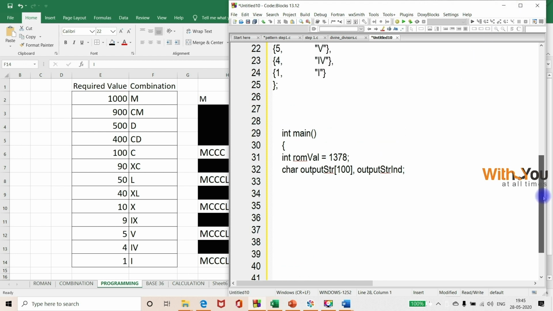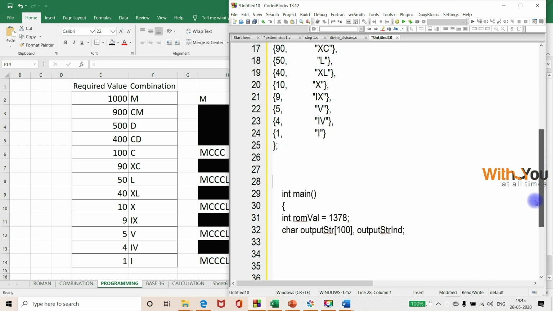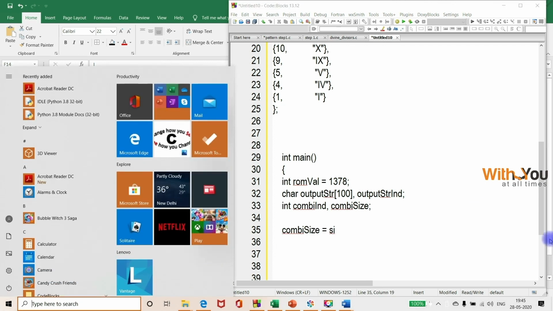So this, we look at it. Okay, on the combination, I have to walk. So let's have combi. I'm going to have combi IND, and I would like to have the size of that. Okay, combi size. So how do you calculate the combi size? Combi size is going to be calculated with the formula: combi size is equal to size of